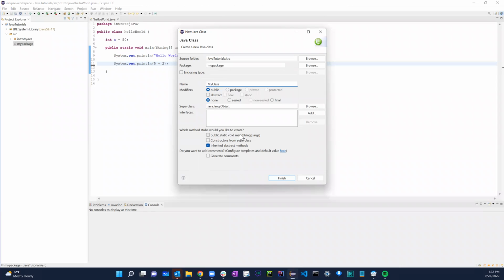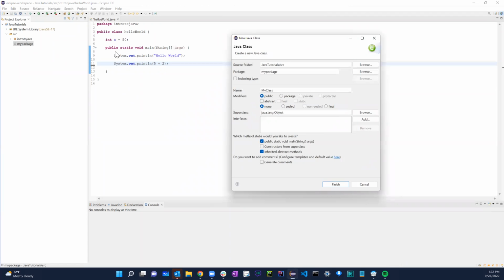And then we have this public static void main args, right? If we select this, as you can see right there, this will show up. But if we don't have that, this line number 7 that you see over here will not be there. Again, this hello world is from intro to Java. It is not from my package. So if I go over there and I hit finish,